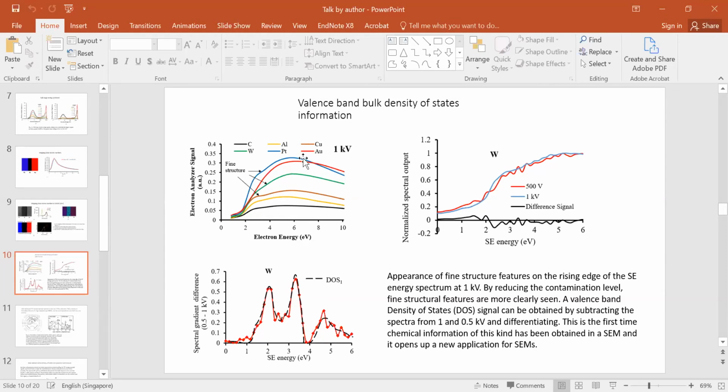And the trick is to reduce the effect of contamination by taking different parts of your specimen and scanning over each different area faster, reducing the amount of time on any part of the specimen. If you do all that, at 1 kV, you see the spectrum. At 500 volts, you begin to see these fine structures. And if you take them away and get a different signal, and then differentiate this different signal, you will obtain a very good representation of the density of states, the valence band bulk density of states of, in this case,